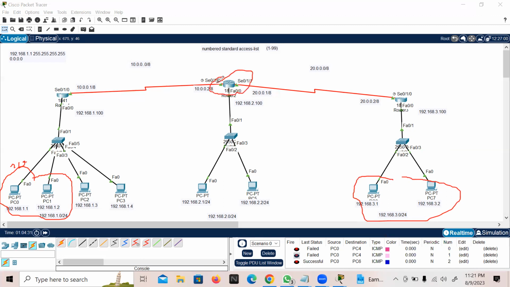Then in and out direction. It will take time to understand. If anything is in the out direction, it will see your statement here when it's coming out. Okay, we will